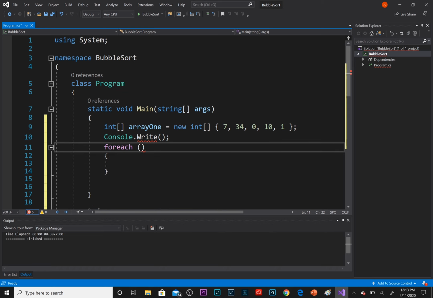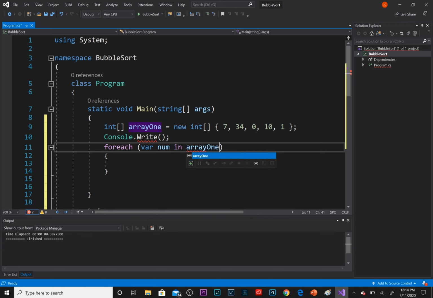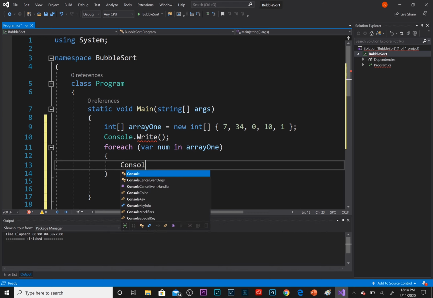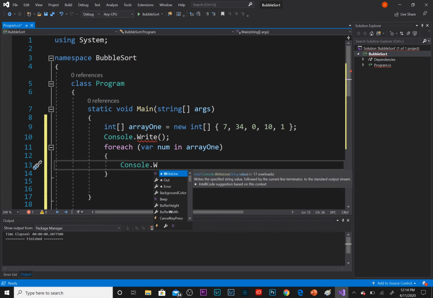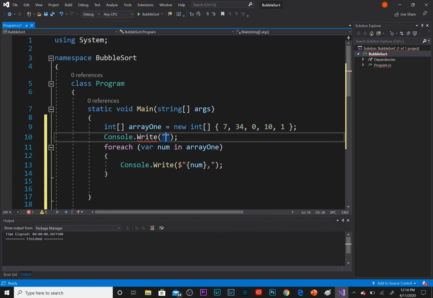So for each var num in this array, array 1 that we have, we want to print out the numbers. Console.Write num. We'll put a comma after each number. So up here, we're going to write "before"